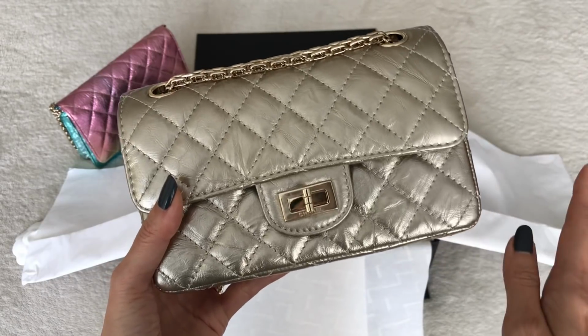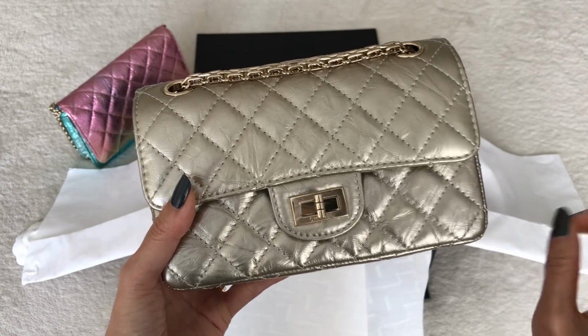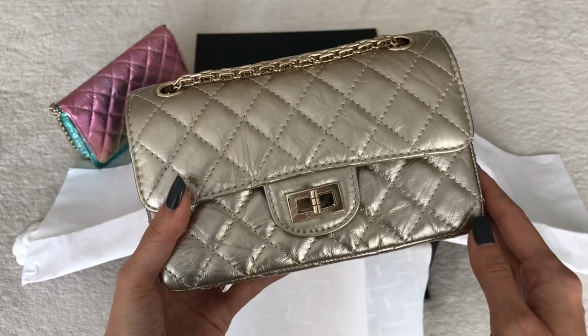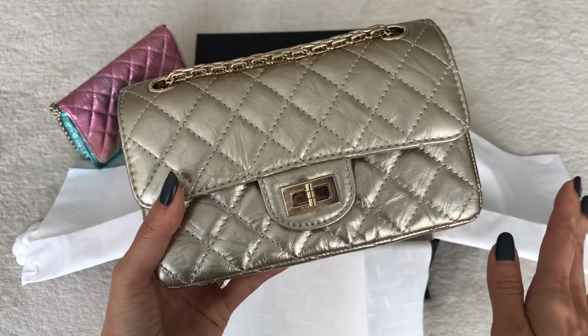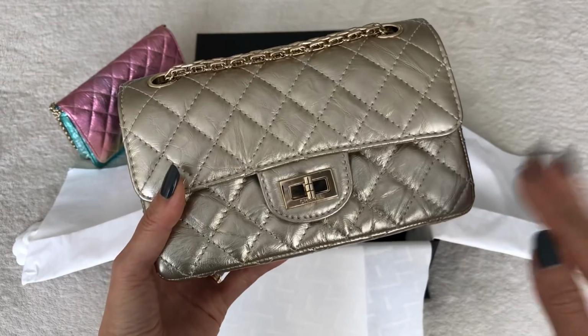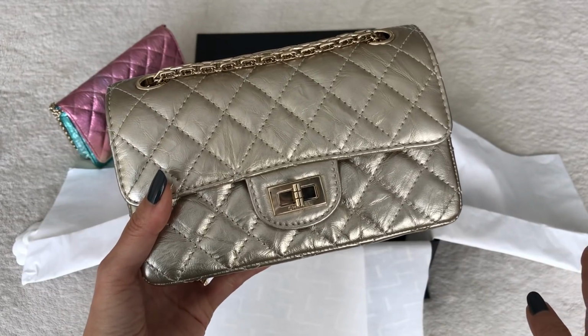So I had enough willpower to walk out of Hermes with nothing in hand, but I did put myself on the wait list for that color that I'm waiting for. So I'm hoping that my patience pays off. Now there at Hermes, my willpower kicked in, but then we shortly after left there and went to Chanel, and